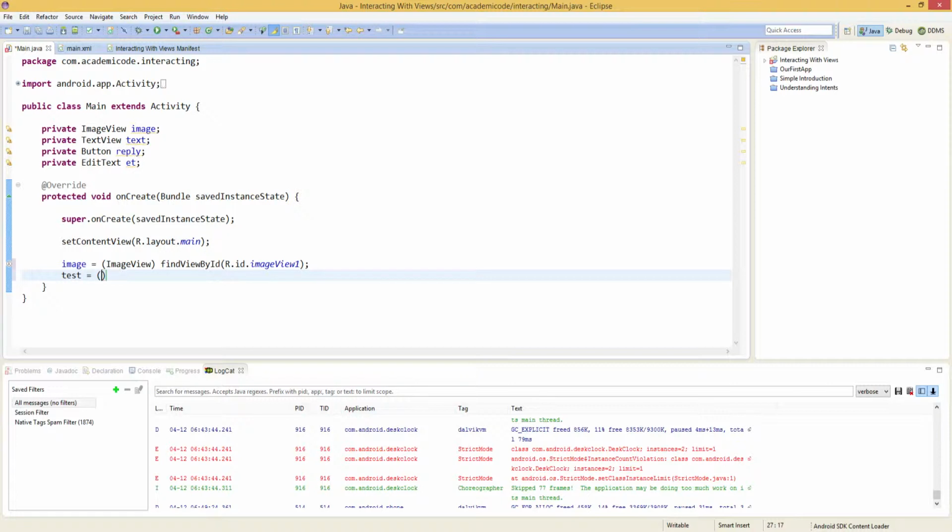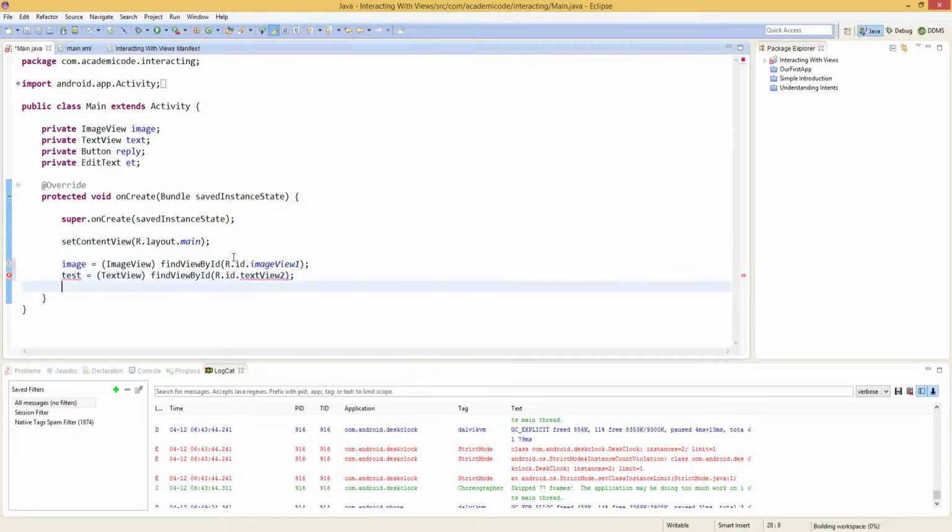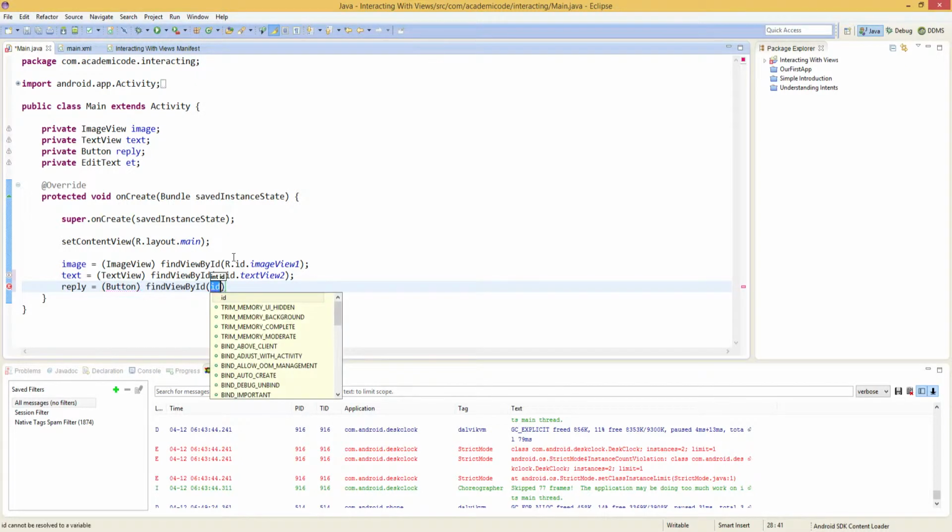And we'll do the same for the text view. Text gets text view, findViewById, and we've got text view 2, and then this is actually called text, and we'll do the same for the button. findViewById,